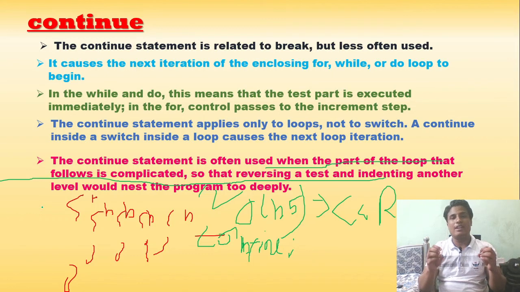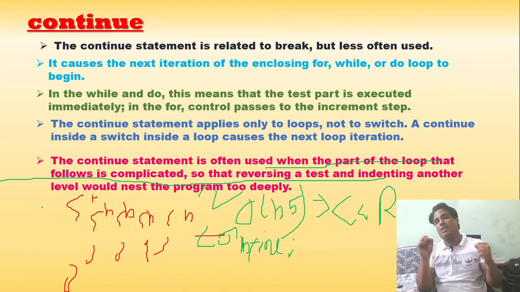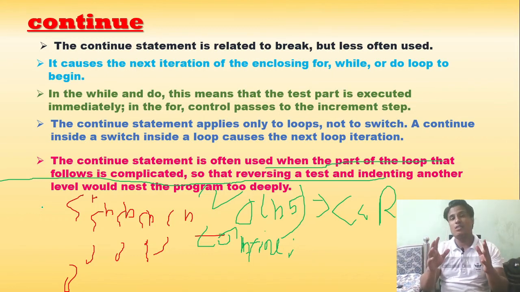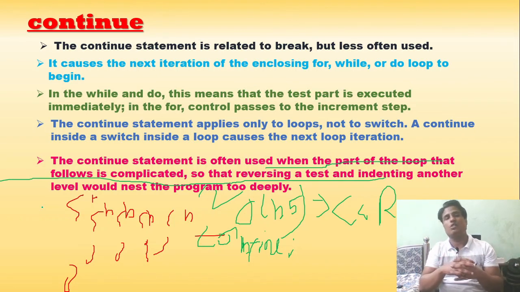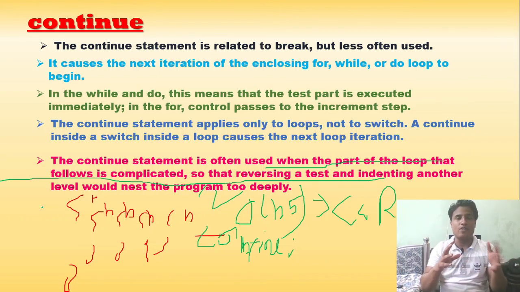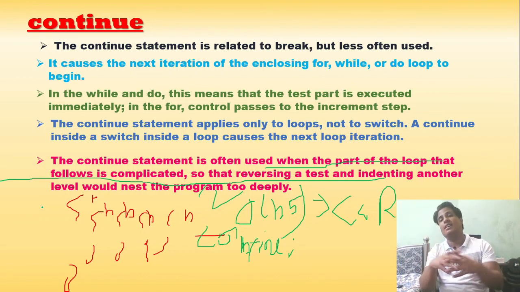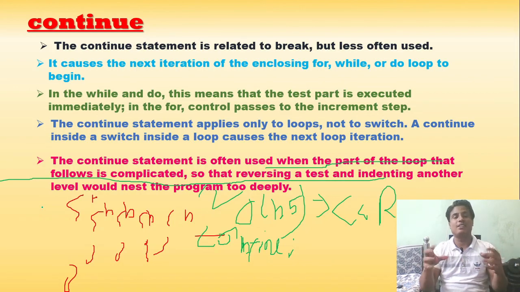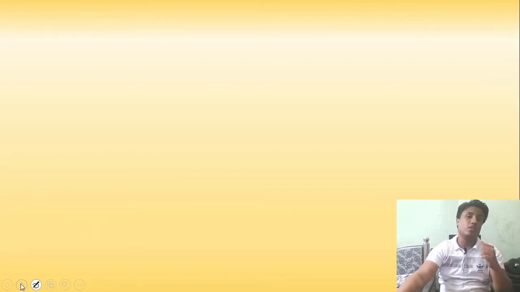Now let's move on. Let me show you the flow diagram of the continue statement. I am moving somewhat fast here, because it's not that difficult to understand these topics. These are very easy if you understand all the other control flow earlier. These are just additions to use inside the other conditional expressions, statements or blocks. Hope you are getting it. Now let's see the flowchart of the continue statement.